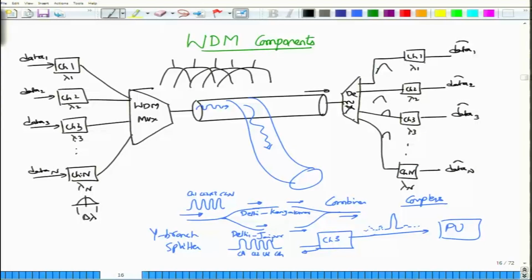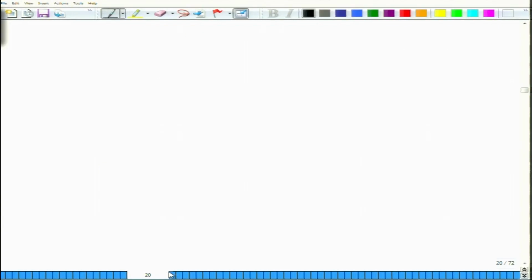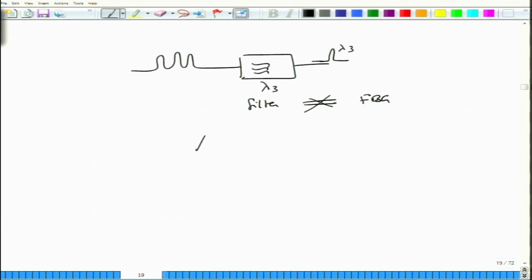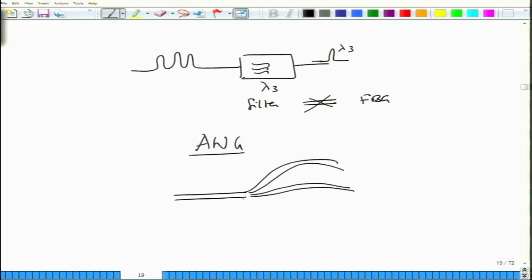You can separate them out by another WDM device called an arrayed waveguide grating. This arrayed waveguide grating will actually be an array of different waveguides that come in, and the selectivity, that is which grating takes upon which. So, there is a fusion out there.